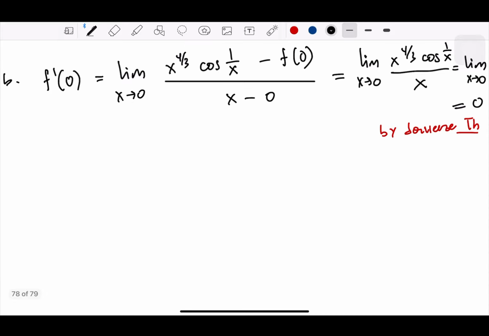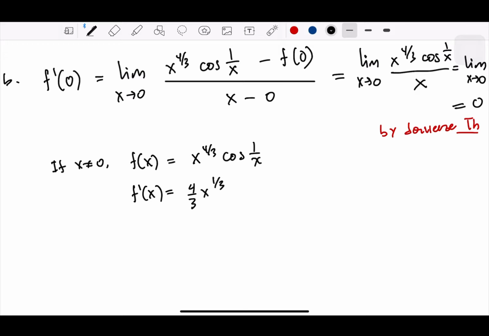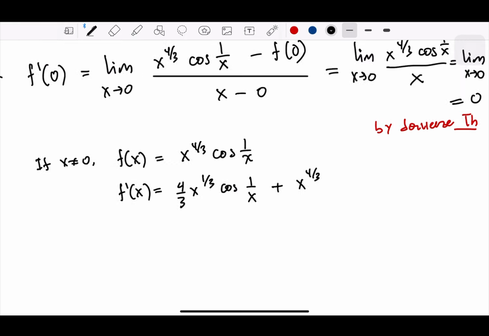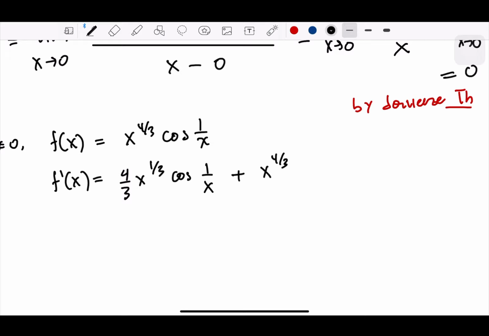Okay, we need to also consider if x is not 0. So we need to take the limit, okay, not the limit, sorry. So we need to take the function. Let's just write the function, and take the first derivative. This will be 4/3 x^(1/3) cos(1/x) plus x, and this will be a minus sign. Okay, let me write minus sign,